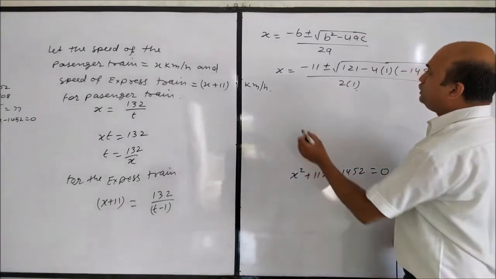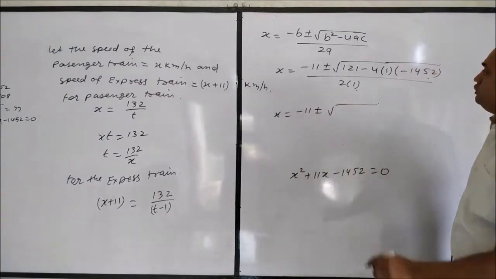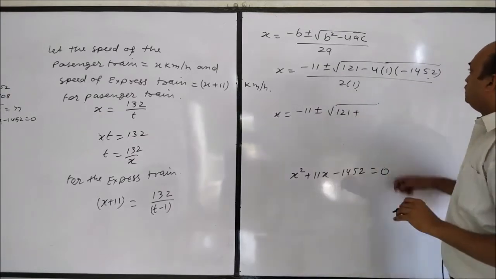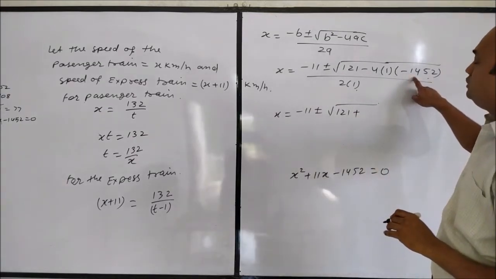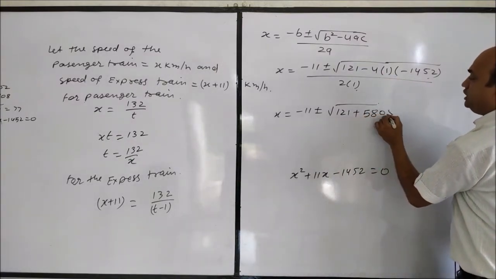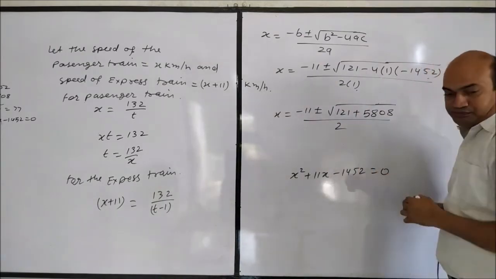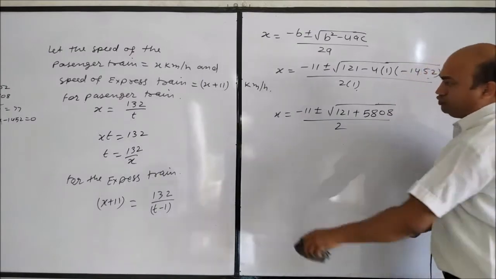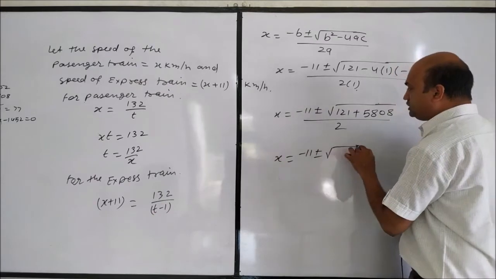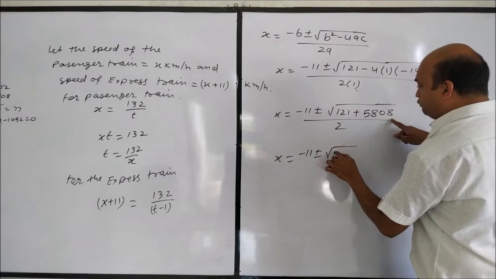This will become x is equal to minus 11 plus minus under root 121 plus, multiplying 1452 by 4, we will get 5808, upon 2. Now x we get minus 11 plus minus under root, this we add to 121, we will get as